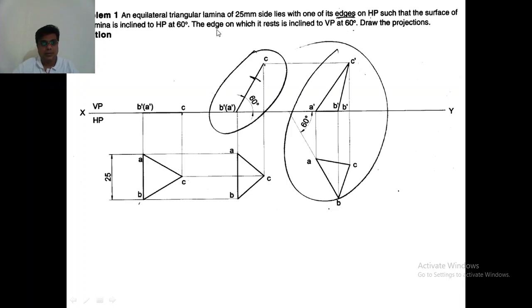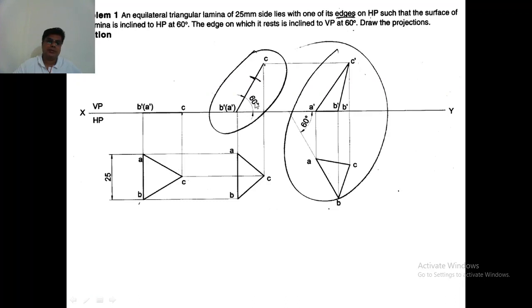One more condition is that the edge on which it is resting is inclined to VP at 60 degrees. So this edge is on HP, and according to this condition, this edge is inclined to VP at 60 degrees. Remember that any inclinations with respect to HP will be seen in the front view.